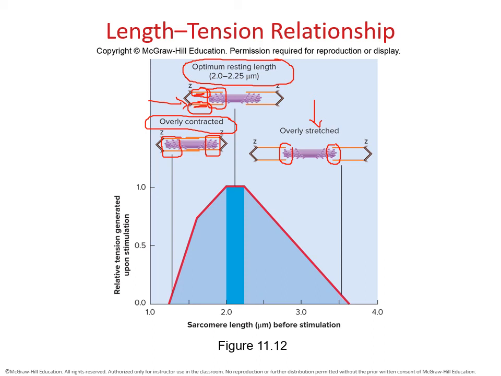So please take a look at this graph, and once again, it's all about calculating the perfect optimum resting length. This is what we like to call muscle tone, so that when the muscle becomes engaged, it's easy for it to make cross bridges quickly, and it has room to do its power stroking.